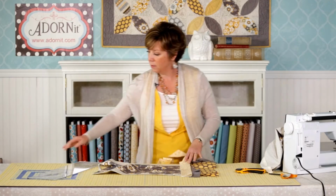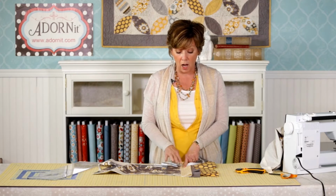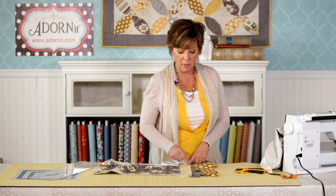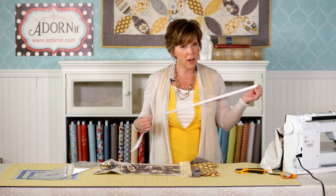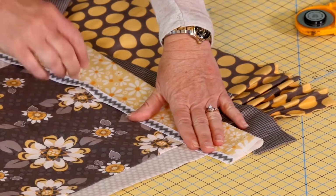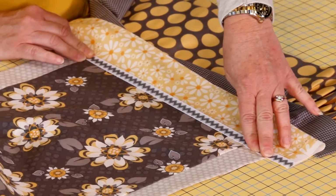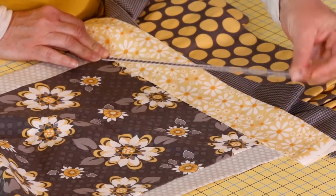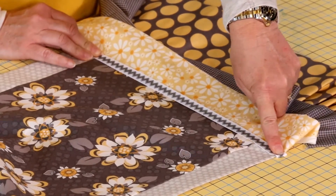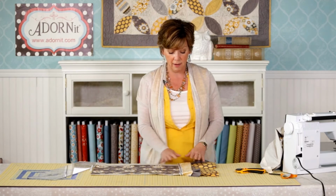And then, very last, since this seam right here is not finished and it's not hemmed, it's just a raw edge, some of these edges may fray, but not to worry, because you're going to take this darling ribbon, and you're going to go ahead and set it right along the top. You're going to hide that seam, and you're going to top stitch this in place. And then you can just take your ribbon, wrap it around to the back side, and then do another little stitch. You're going to do that on the end of your table runner on the other side,